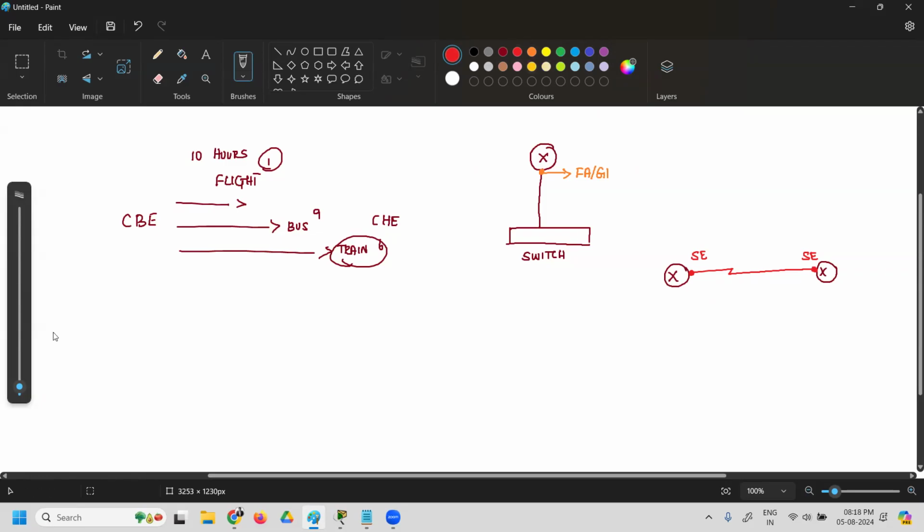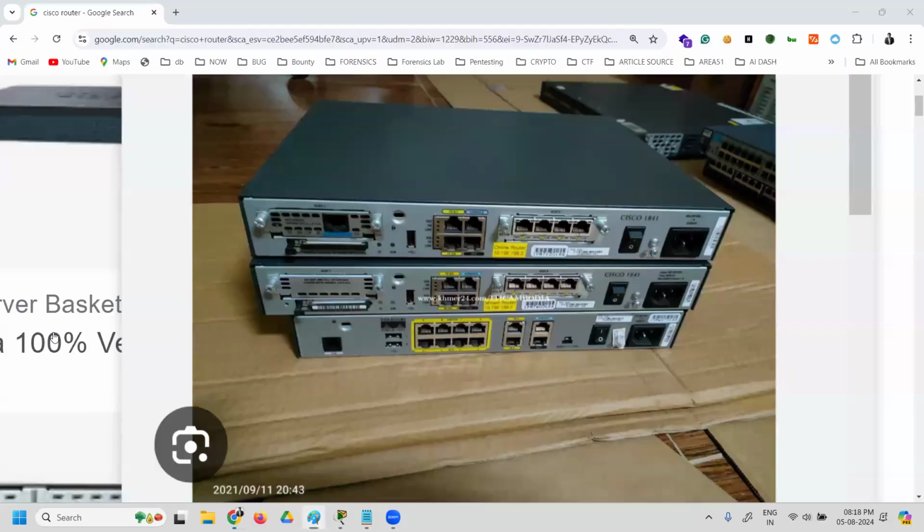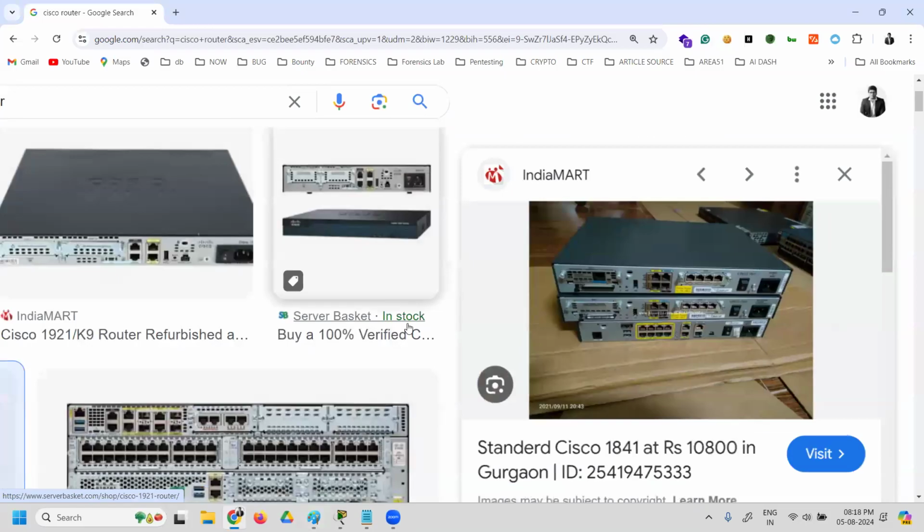Even a switch has many ports, and those port names inside a switch are called fast Ethernet. If you come across configuring this, it will have fast Ethernet interfaces. So interface is nothing but the name of the ports which you find behind these devices, switch and router.